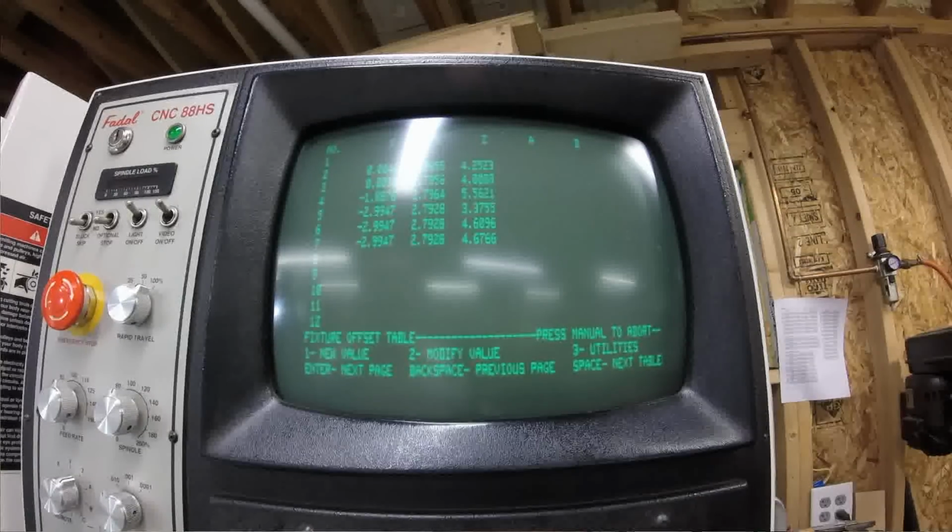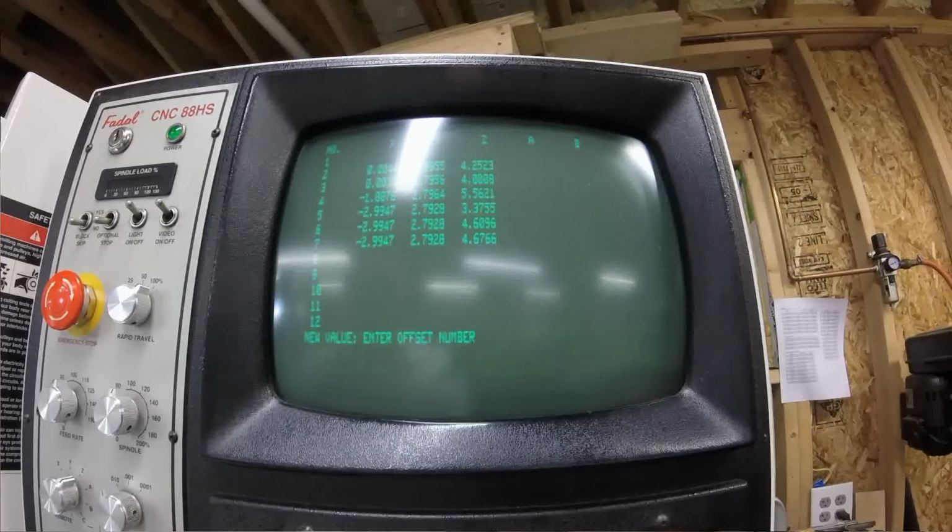So if I want to do a new value, I can say new value. It asks which offset you want to modify. Let's just modify offset number 2. Press enter. And then it will ask you for all the numbers for all the axes. So X will do, you know, set it to 0. Y, if I want to leave Y the same, if I don't enter anything, it won't change it. Z, if we want to say, you know,